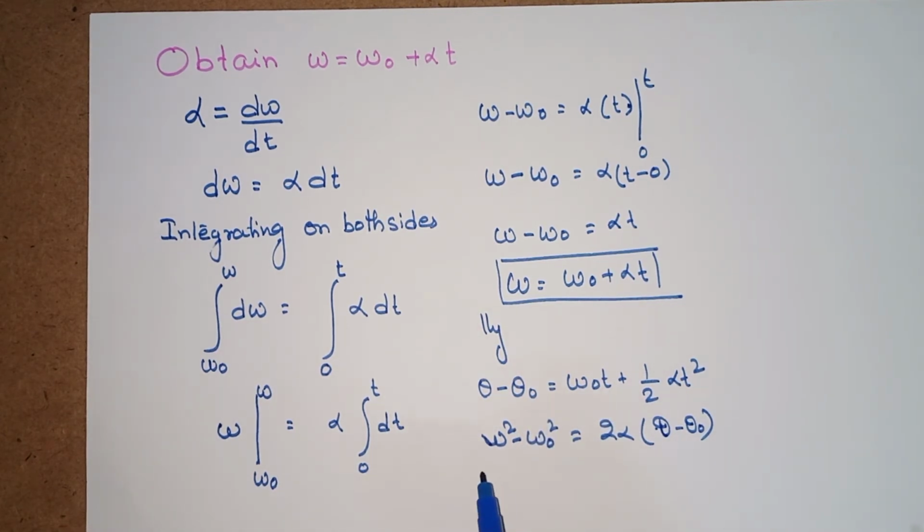Sometimes theta naught might be 0. That depends on what happens at t equals 0. So theta naught may or may not be 0. There is no guarantee that at t equals 0, theta naught is 0. Suppose a fan is already running and you start counting time at that moment. Then there are already a number of revolutions made by the fan, so theta naught cannot be 0 at that moment.